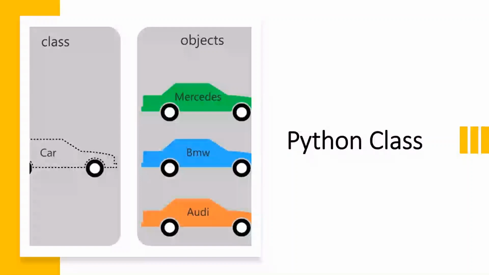Now let's go to an all-purpose garage in the event of an accident. We meet the technician there and say, I want to change tires of my BMW or engines of my Mercedes. So we are associating the properties of a class with the name of the object. To extend further, BMW can have 6 airbags or Audi can have a surround sound system, and this is what inheritance is. A subclass inherits from its parent class and adds its own information as well. We'll keep inheritance for our next video.